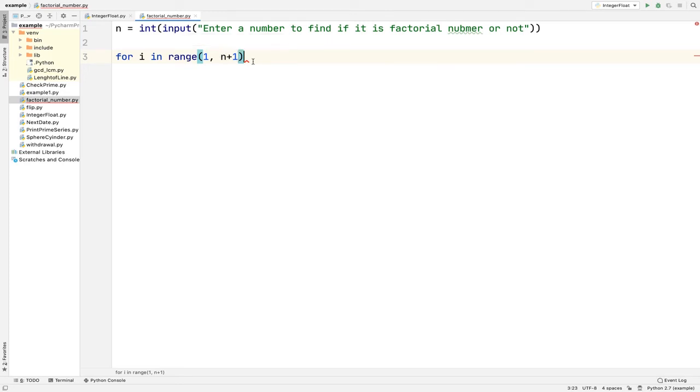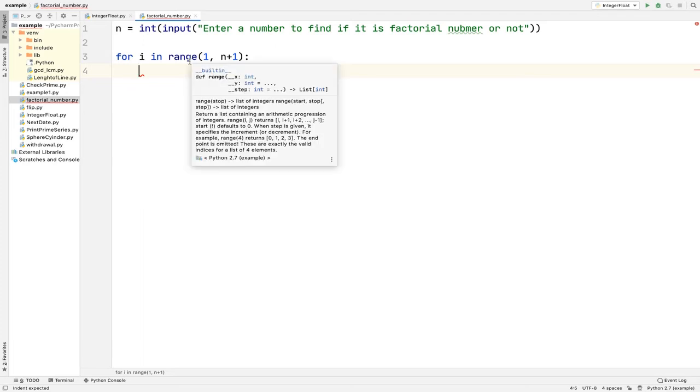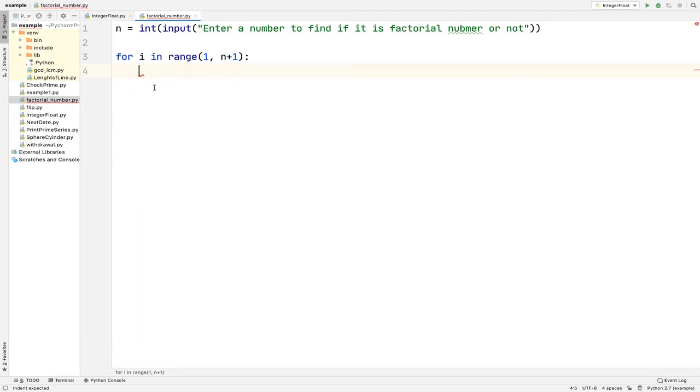Okay. Now within this, we need to calculate the factorial of i because i is the variable which will have the values 1, 2, 3, 4 till n plus 1. So over here I am assuming that I will write a function called factorial or fact.